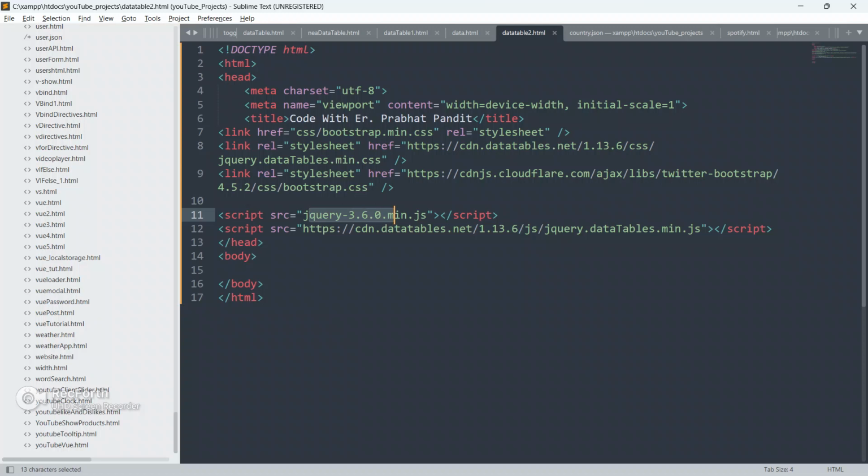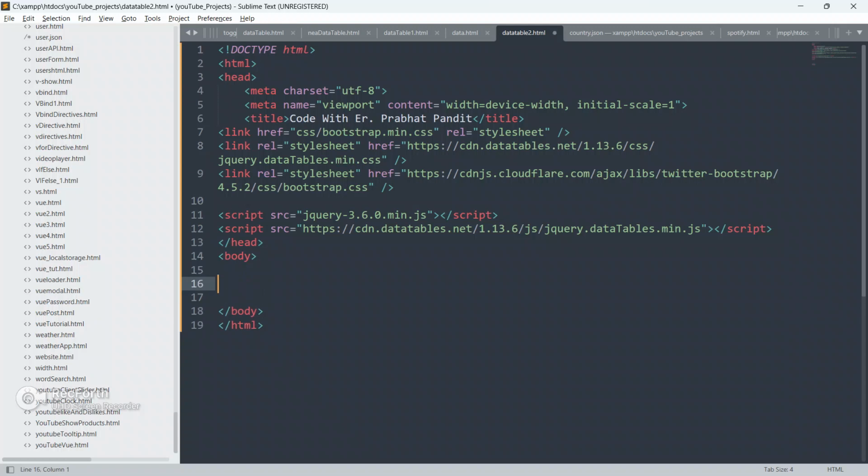Okay, and this is the CDN link for jQuery, jQuery 3.6.0.min.js, and this is the jQuery for the data table, data table.min.js. I will give you each CDN link in the description. You just go there, copy them, and use the CDN links in your application, in your example.